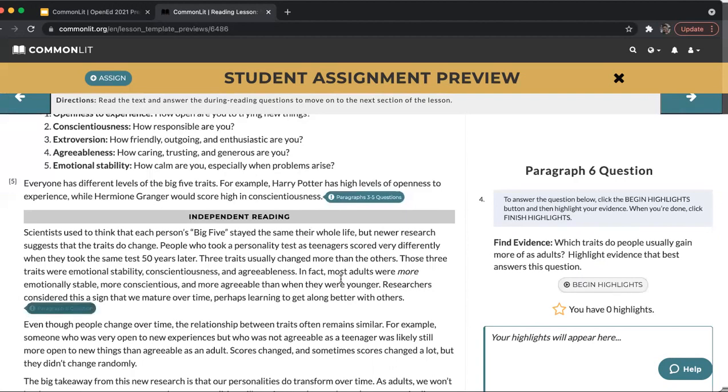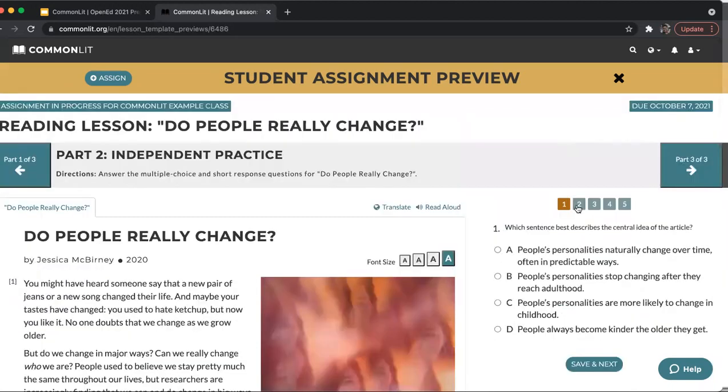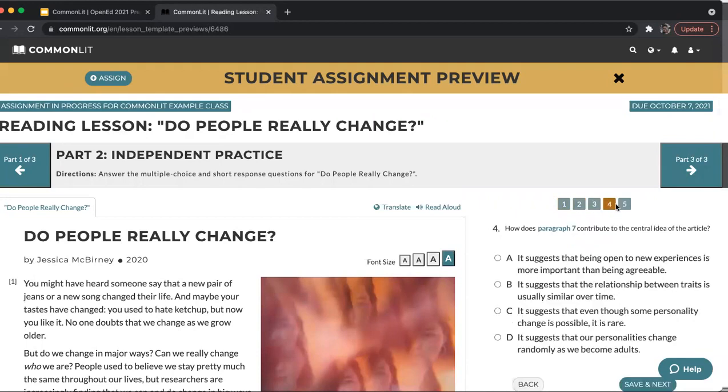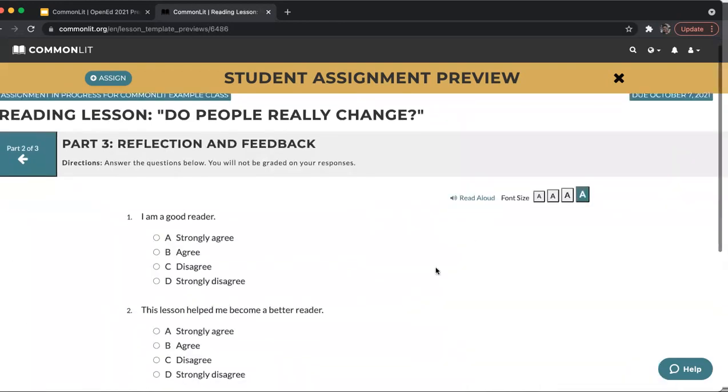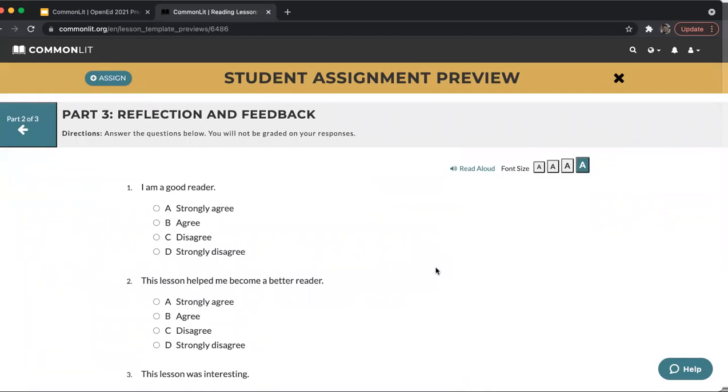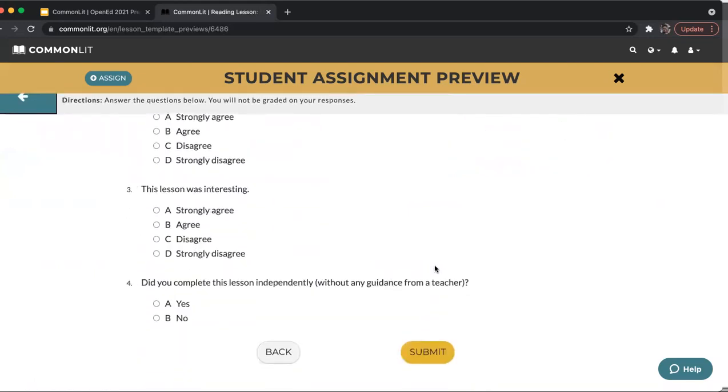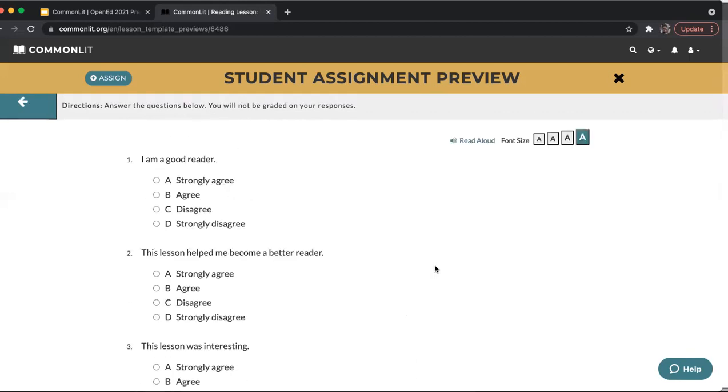Finally, in the last part of the lesson, you will see that students will be completing assessment questions. We've also incorporated a quick reflection at the end, which will ask students about their initial reactions to the lesson. Teachers have the option of turning on or off most of these features based on the needs of their class or individual students. With every assessment, teachers have access to real-time data that gives them the opportunity to learn more about where their students are struggling or excelling.